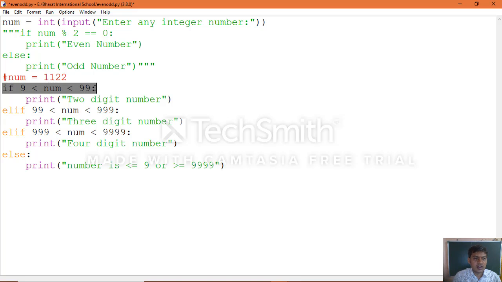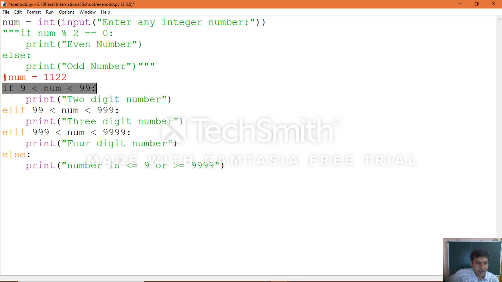Elif condition, that is the if else ladder, which we call the third form of if statement. If 9 less than num less than 99, single digit and double digit, in between that, if you get a 2-digit number. Elif, so double digit number and triple digit number, we are checking the condition for a 3-digit number. In between, if you get it, that particular number is 99 less than num and num less than 999, in such a way.